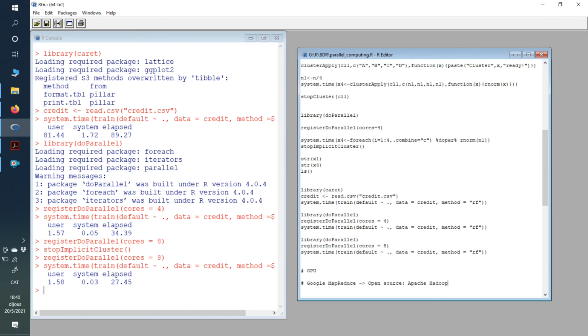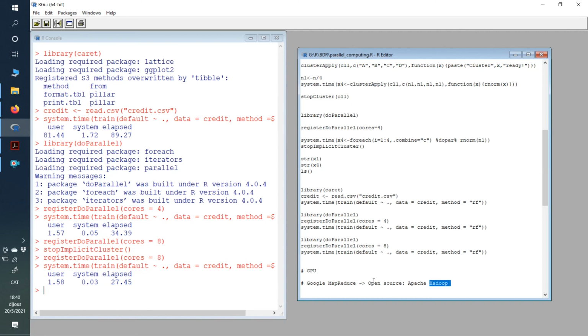Hadoop is just another thing, and this is a whole wall here. I'm just giving you the names, and if you don't know about this, you can check and look for more information. But this is free,